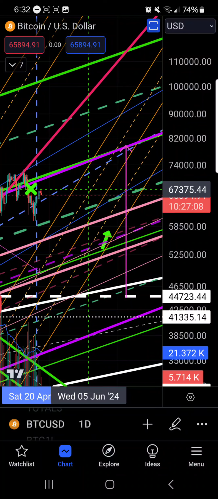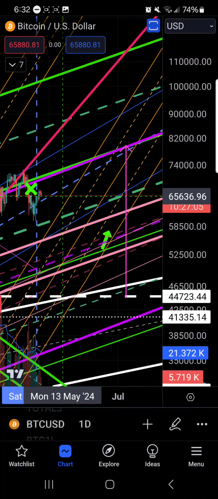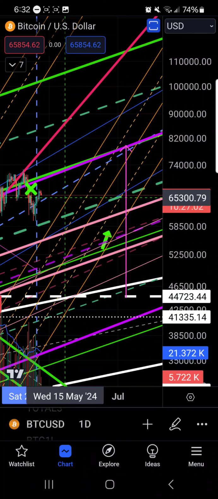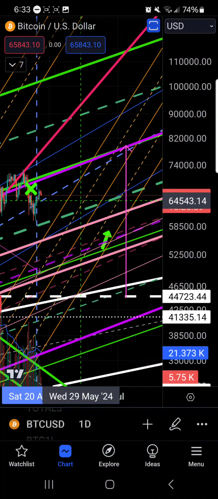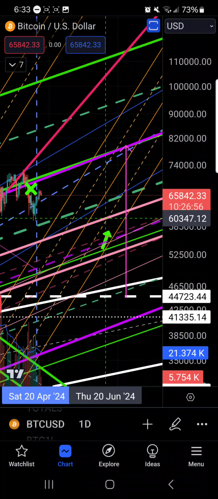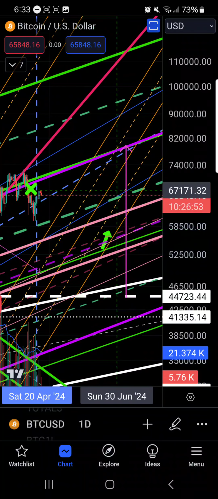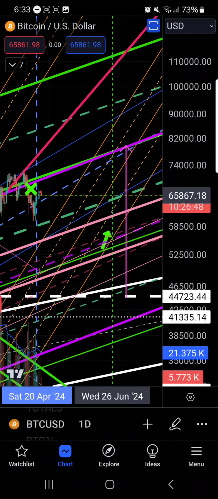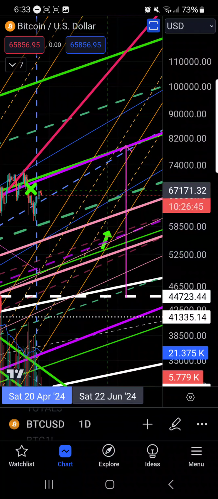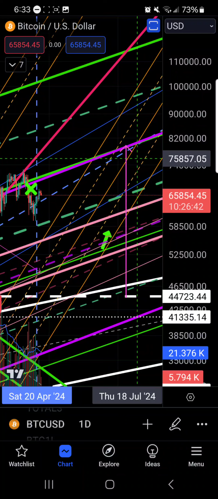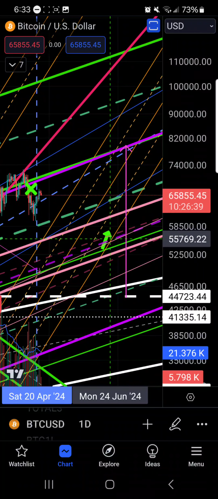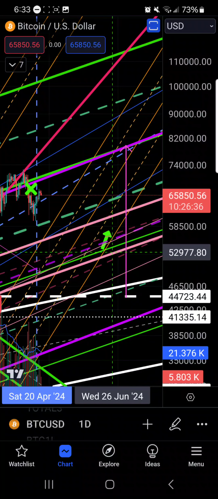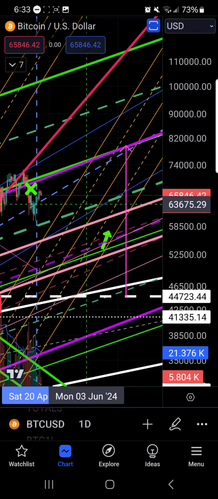Now, the FOMC is next week, and then the CPI data release is the following week. So actually, what I'm proposing certainly plays out with these channels I laid out here, in that we would come back down here and start our parabolic run over this way a little bit. Now, I don't think we're going to do that in May. I don't think we're going to do that until June, somewhere over here. But things are lining up. This chart has a lot of lines on it, so let's switch back to our other.